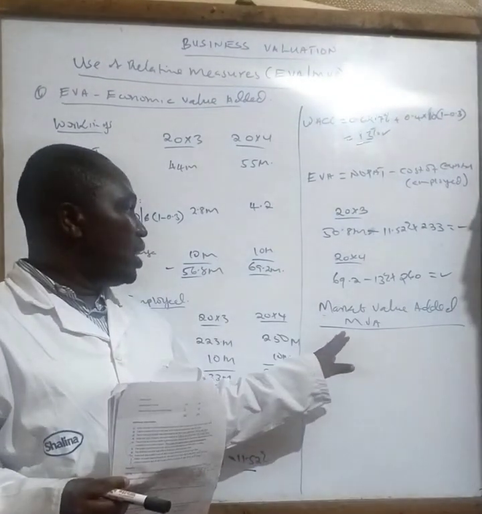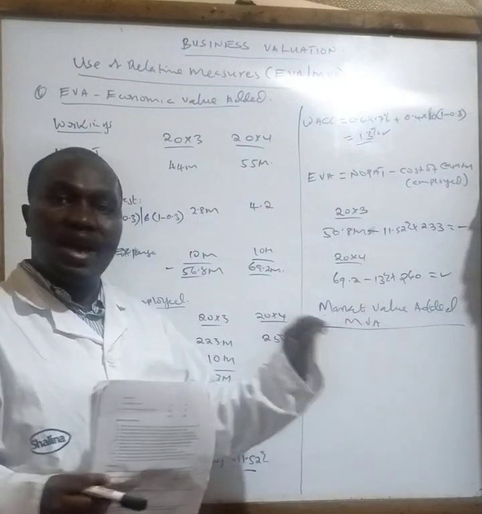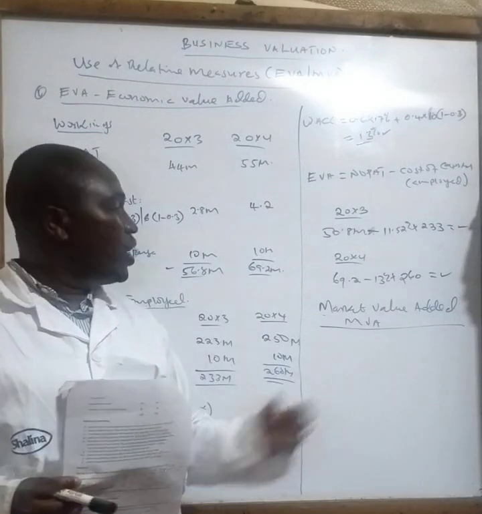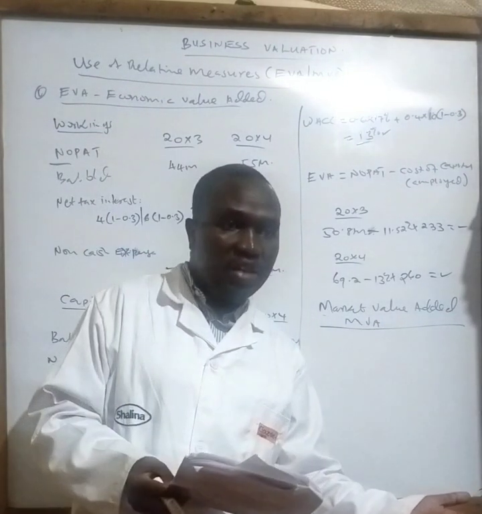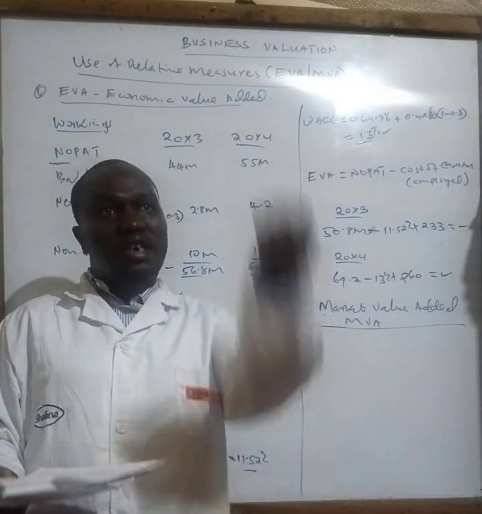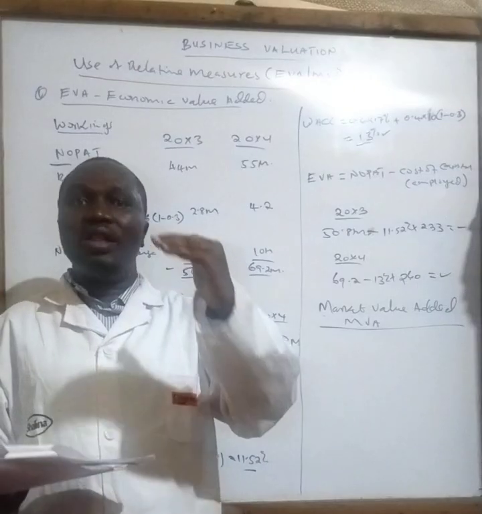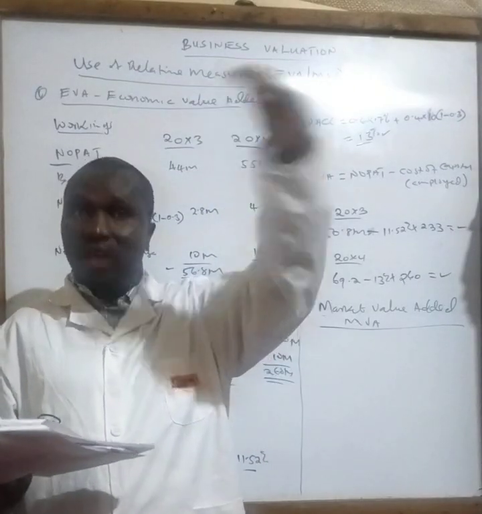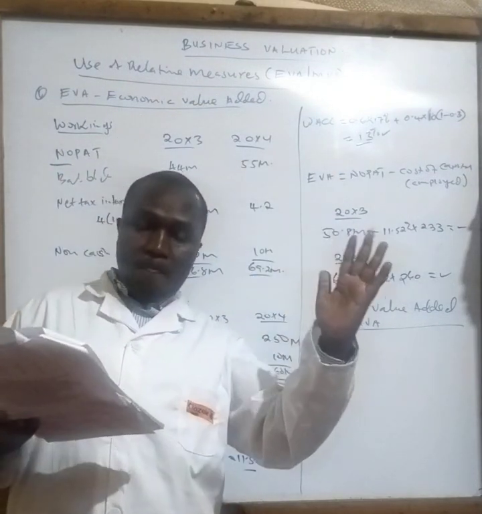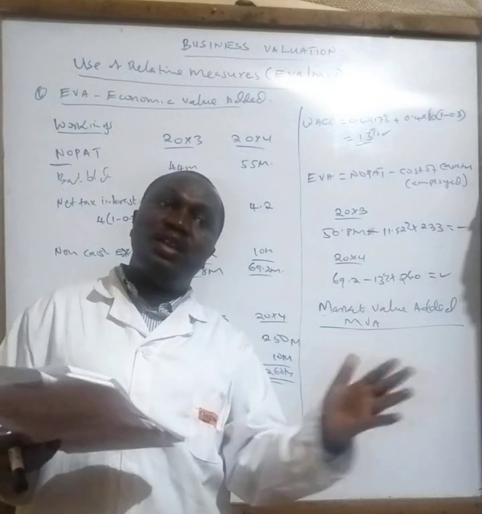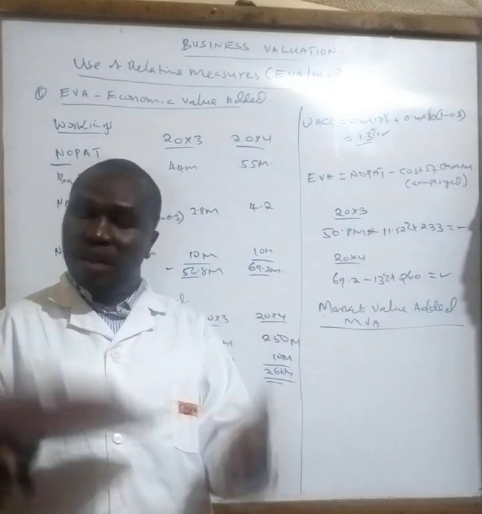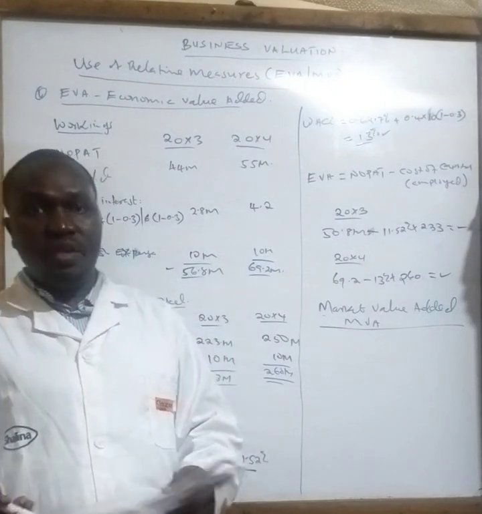Therefore, in this case, we want to find out the market value of shares in relation to the book value of the shares. So we are comparing the market value of the shares against the book value of the shares. Has it increased or decreased? If it has increased, it means that the company or the entity has increased in terms of value. So the value has increased. But if the book value is higher than the market value, it means that the company has lost what? Value. That is how to determine the market value of that particular entity.